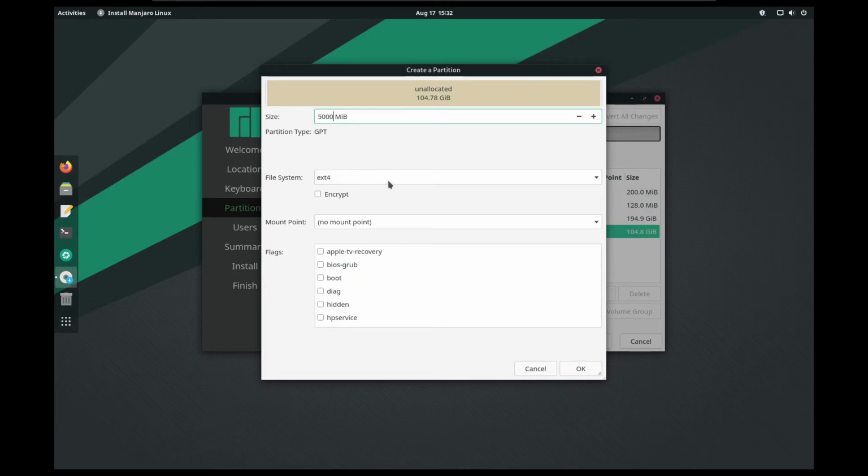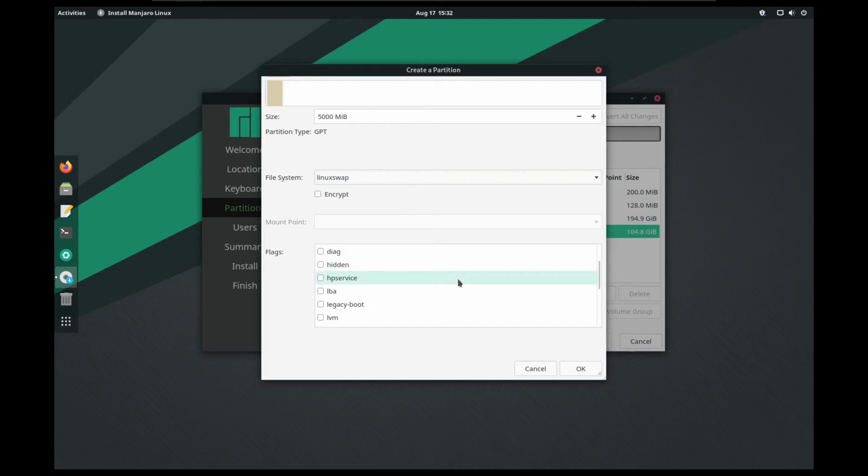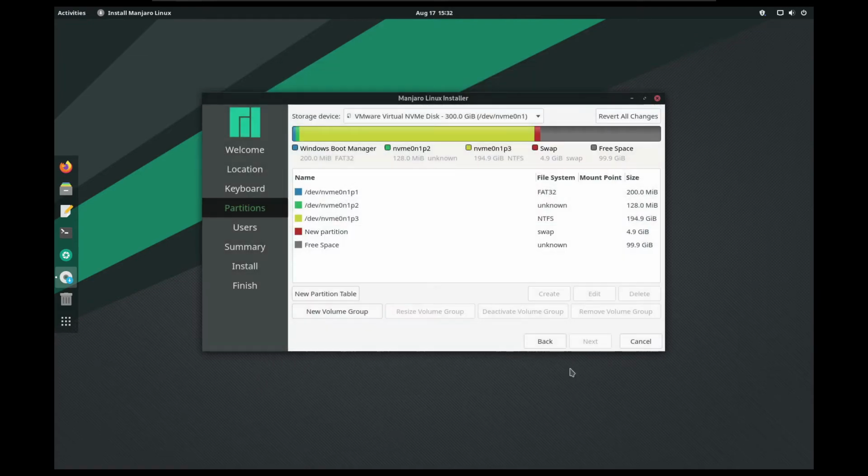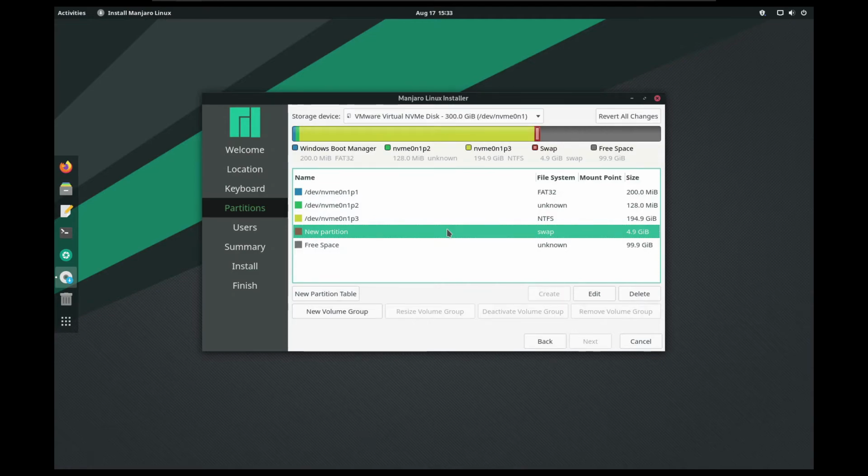The file system must be Linux swap, and in the flags select the swap, then click on OK. Just check that swap has been created, and that is also defined in the graph using pink color.